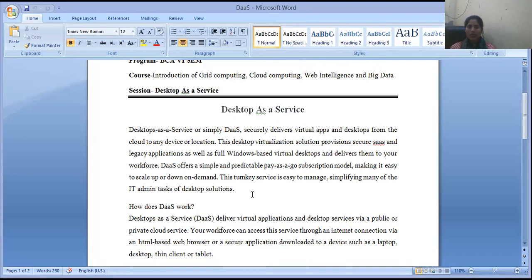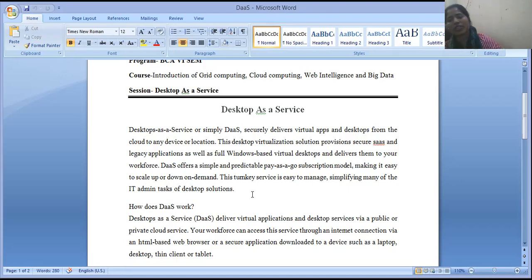The desktop virtualization solution provides secure SaaS services and legacy applications as well as Windows-based applications.